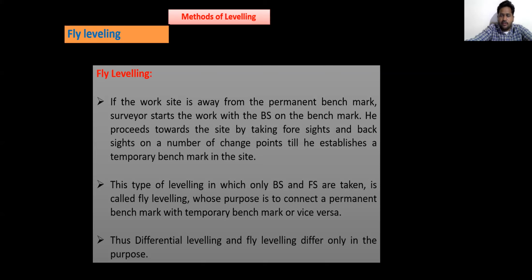That will also be taken for the purpose of connecting a permanent benchmark with a temporary benchmark or vice versa. Thus, differential leveling and fly leveling differ only in the purpose.